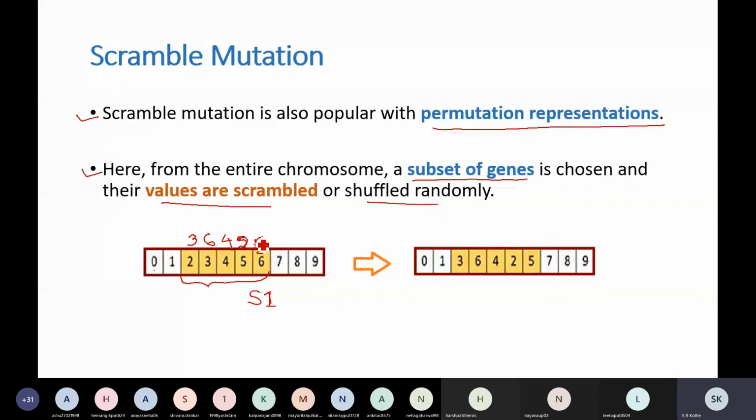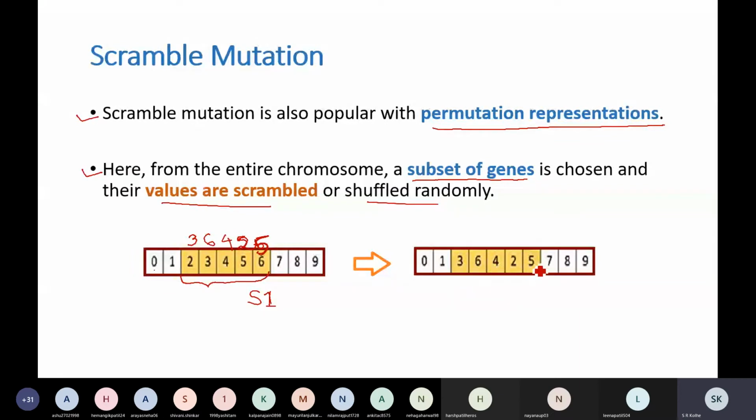Here it is 5. 2, 3, 4, 5, 6. Okay. So instead of 2 we have 3. Instead of 3, 6. 4 as it is. 5, 2 and 6, 5. So after performing this scrambling, in the resultant solution we will have 3, 6, 4, 2, 5.